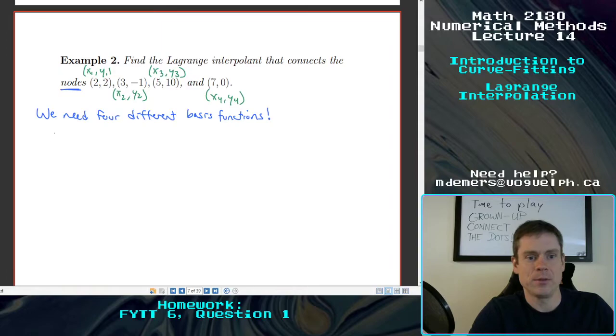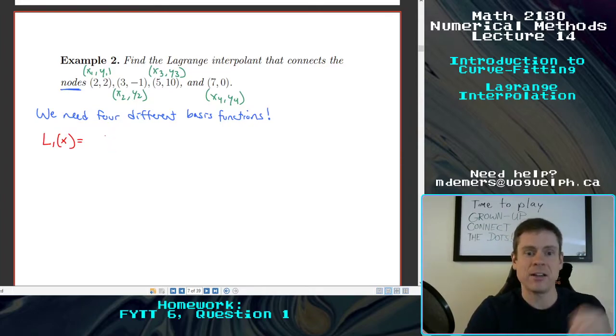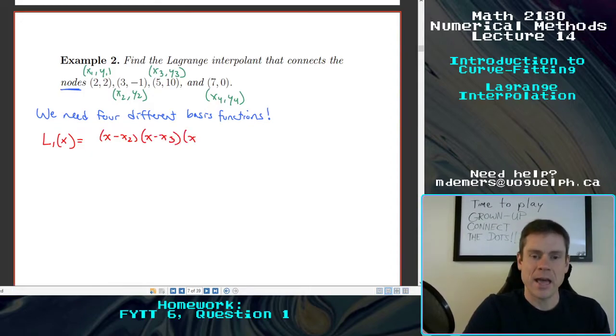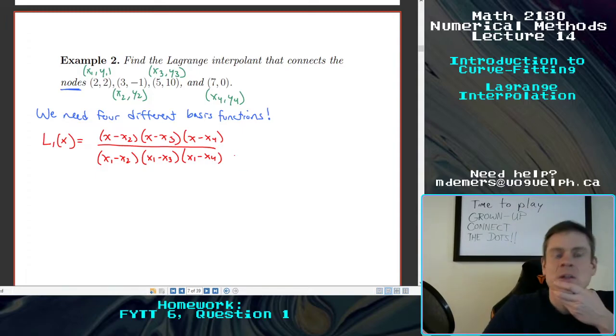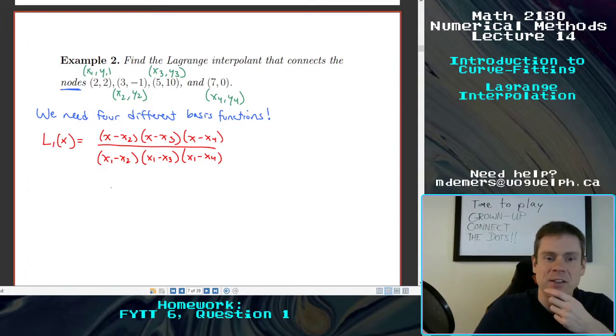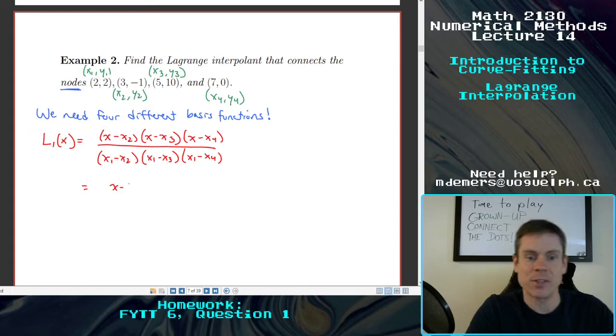Okay, the first one, L1 of x is going to equal. Now let's think of how this went. I need to skip over the first for this one and instead go x minus x2, x minus x3, x minus x4, and on the bottom I put x1 minus x2, x1 minus x3, x1 minus x4. Okay, we have all of that data, so that's not going to be too hard. This is going to be x minus, and then just be careful about, it's very easy to write down the wrong thing here, so take a little bit of time, but x minus 3, x minus 5, x minus 7,